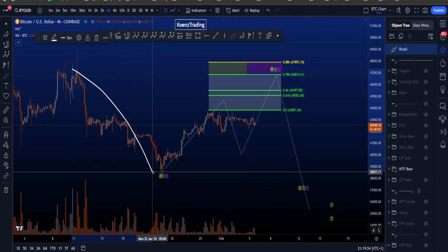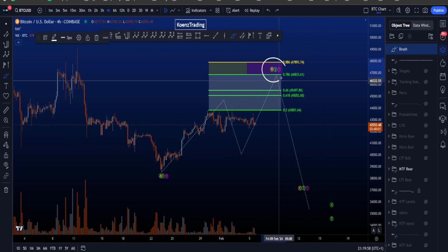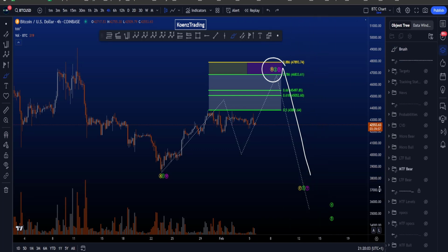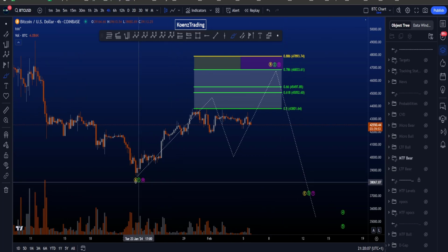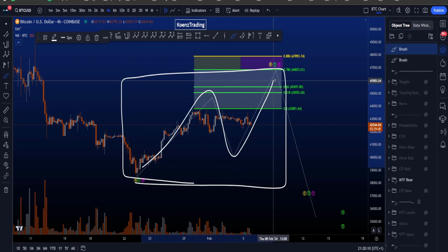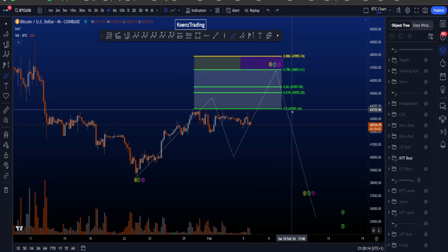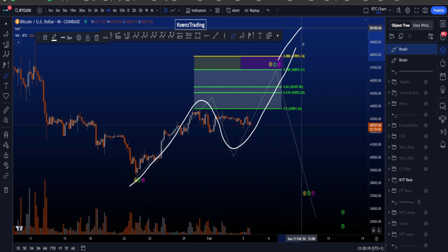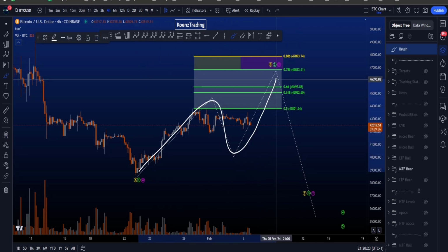Here we are looking for a bigger 3-wave or impulsive structure to the downside, as after a B2 or X, we are looking for a C3 or Y. Now that might sound very confusing, the fact that I have 3 counts on my chart. However, as I've just shown, the structure in the middle inside B2 or X is the same for all 3 of these, even for the bullish scenario where we then look for a 1, 2, and a 3. So then we expect continuation, but in all of these scenarios, we are at least expecting a